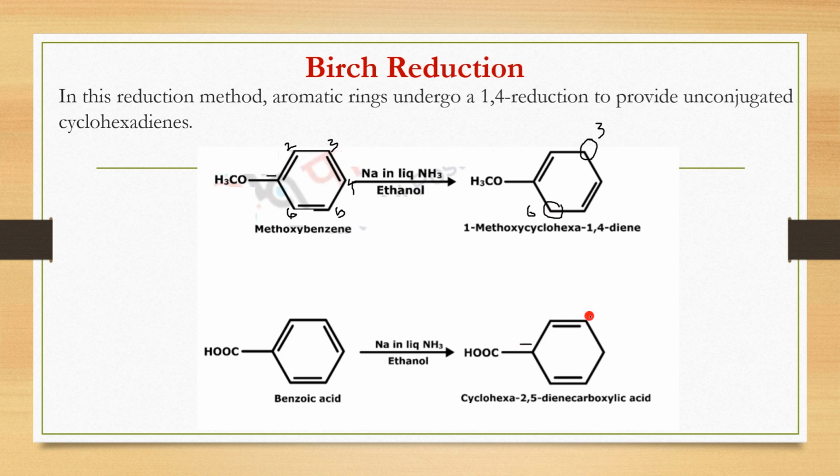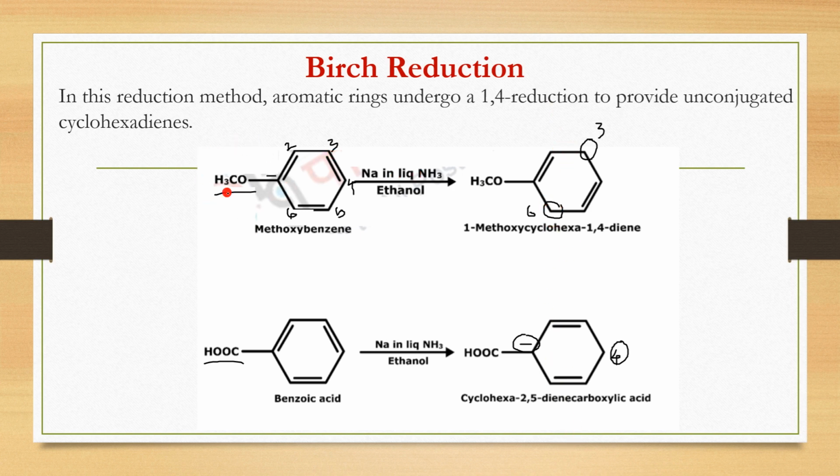Whereas in this one, look at the positions which are reduced: 1, 2, 3 and 4. So which positions are reduced here? Fourth position and first position. Whereas in the other, third position and sixth position. So in spite of the reaction taking place on the benzene ring, the positions of the reductions are different. And this is because of the functional groups which are present. So we are achieving different sites of reduction. So this is an example of what? Regioselectivity. Is that clear to you? Have you understood this?